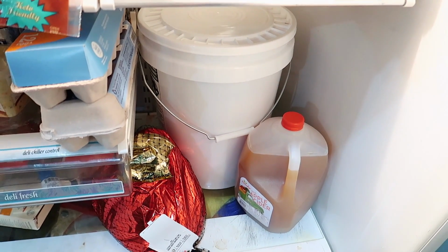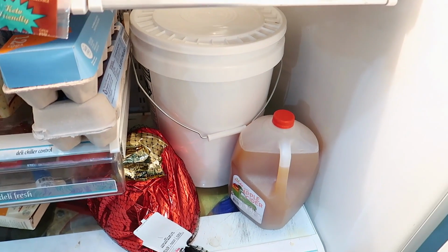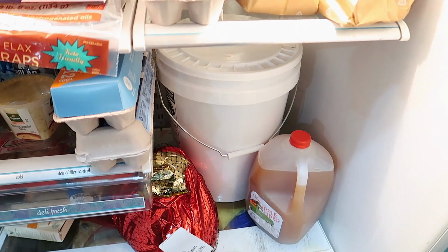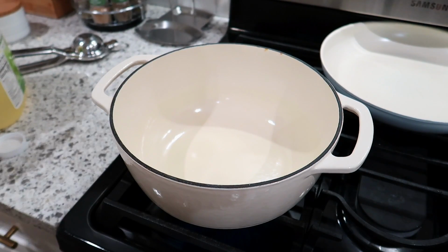Ideally, you would do this for 24 hours. This is probably gonna be in there about, I don't know, maybe 12 to 13. It all works just fine. I've done it for 12 hours before. I've done it for 24. They both taste delicious. Okay, so the next thing that we're gonna do is make the turkey stock for the